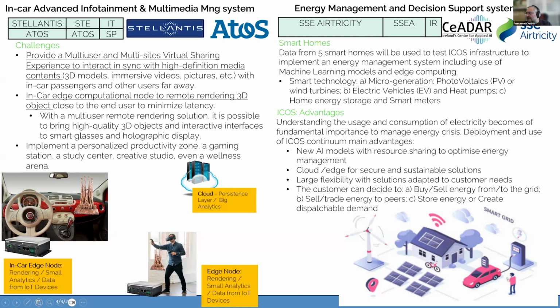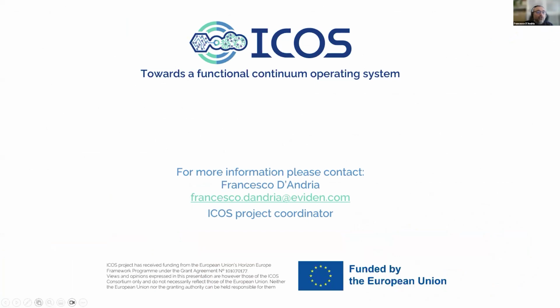And finally, we have the smart building use case, where we have homes that need, through machine learning and artificial intelligence, to manage the usage of electricity, minimizing the usage of electricity, of course, while maximizing the quality of experience of the end users. And I guess that this is all.